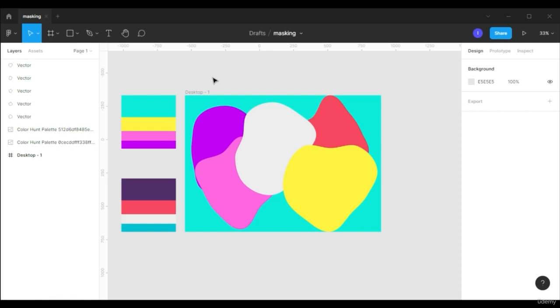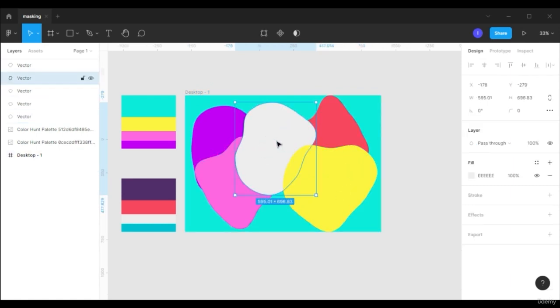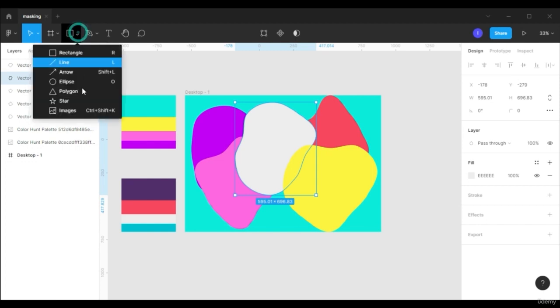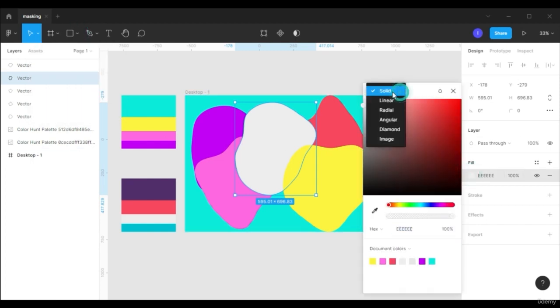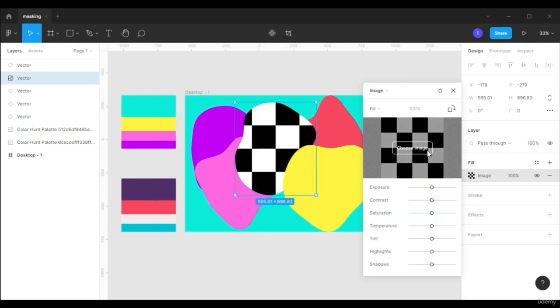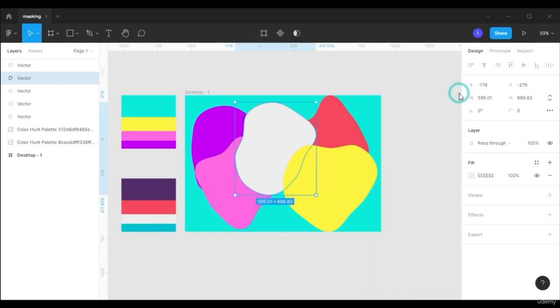So as you can see on my screen, I have different types of blobs on Desktop 1, and it is colored, but what I want to do is place an image in this blob. The traditional way to do that is just click on this, go to shapes and place the image over here, or you can go to fill and choose solid to image. From here you can also choose an image,